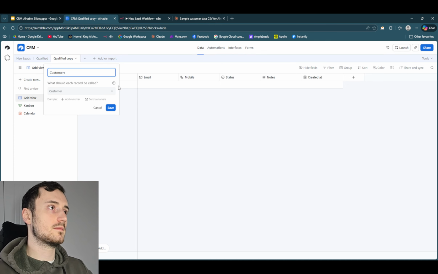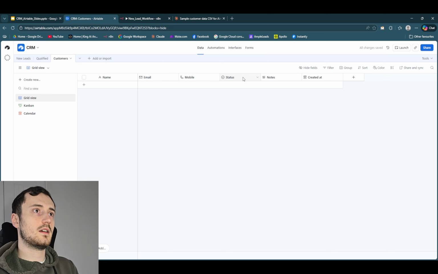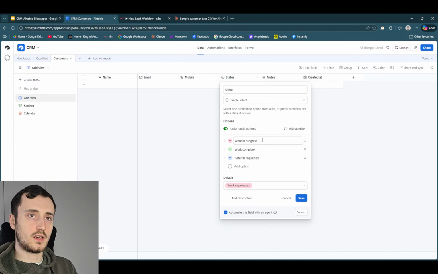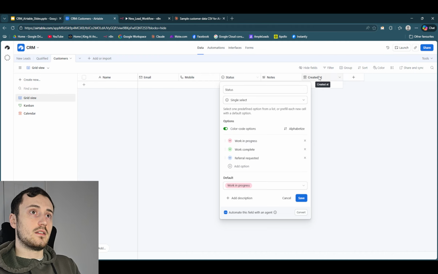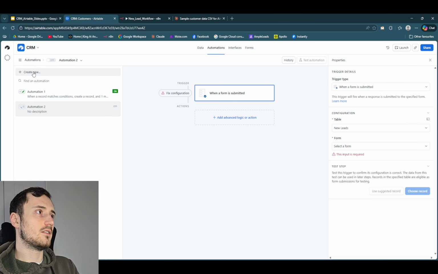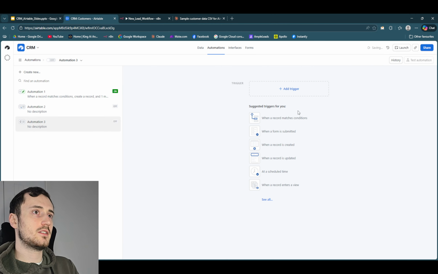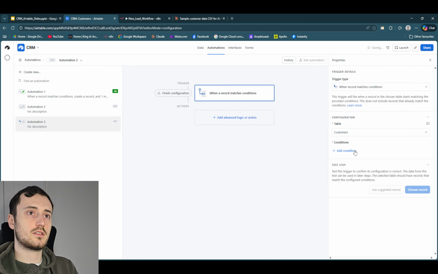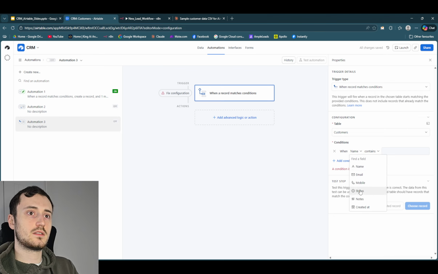Yeah, and then again, status, your statuses are just work in progress. Again, you can even set the created at as when the work is due. Work complete, and what I would recommend there is setting up a little automation. Create automation: when record matches condition, so we would go customers, when status is work complete,